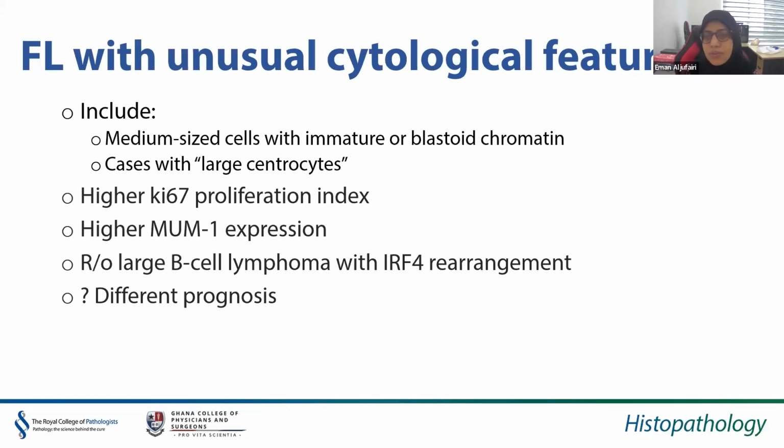So these kinds of unusual cytological features, we're now putting them in a separate group, and we're calling it follicular lymphoma with unusual cytological features. These cases usually have a high Ki67 proliferation rate. They express MUM1 by immunohistochemistry, and because of those two features, as well as the cells being larger in size